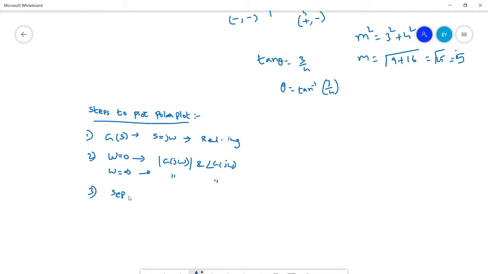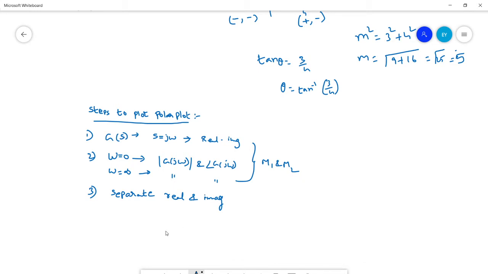So there are two methods actually to plot this. I will be explaining both the methods. You can choose whichever method you feel is easy to construct with. Okay. So as for the first method, from here the first two steps for both the methods will be the same, method 1 and method 2. The first two steps are common. Then for method 1, the third step will be to separate the real and imaginary parts.